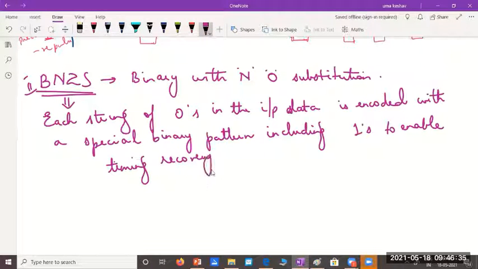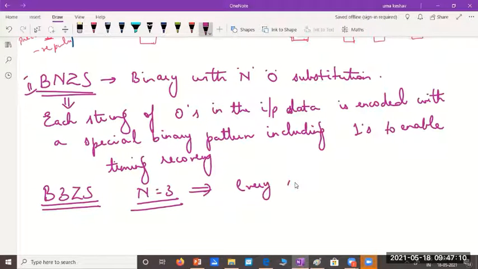So this is almost like the standard definition of HDB only. But let's take an example of B3ZS. Just like how we did HDB3, the N value here is 3. So this is for N equal to 3. Okay, so what happens here? Whenever there are 3 zeros, you say here